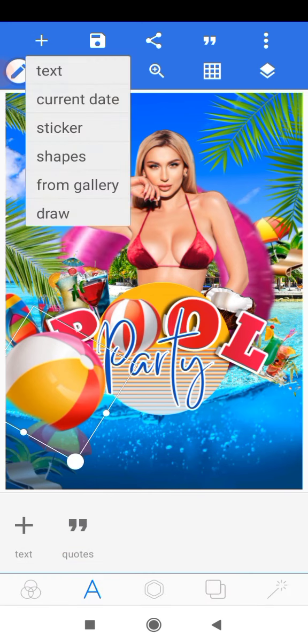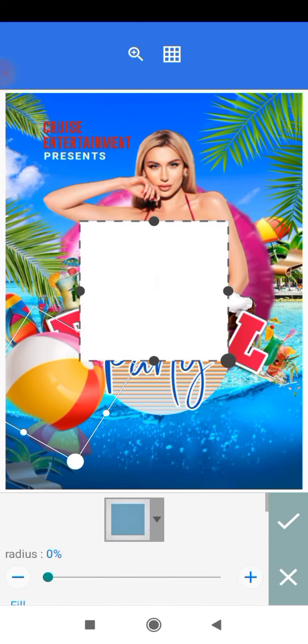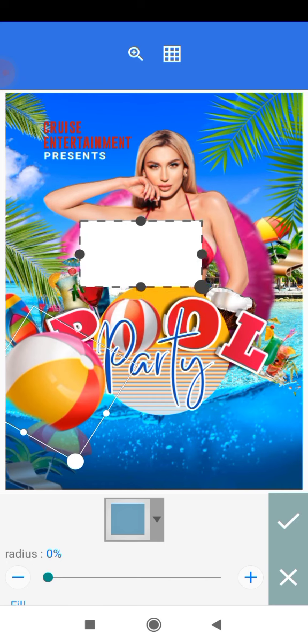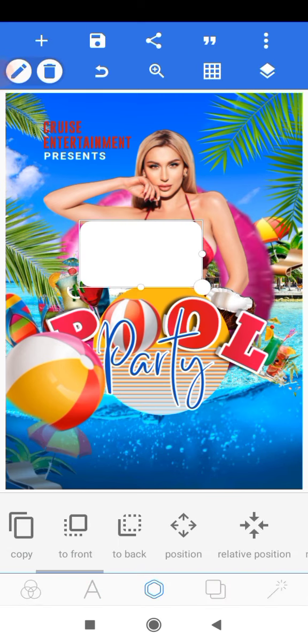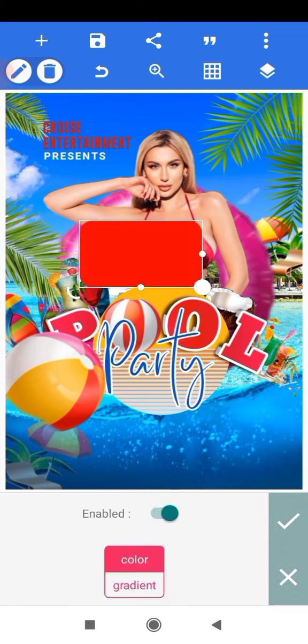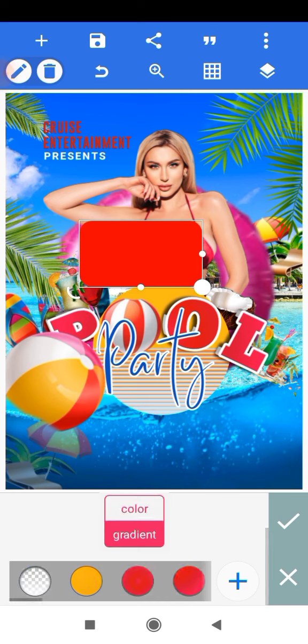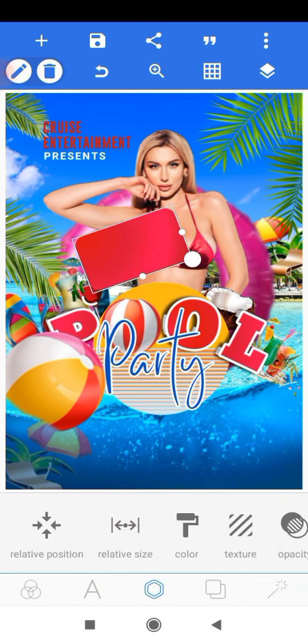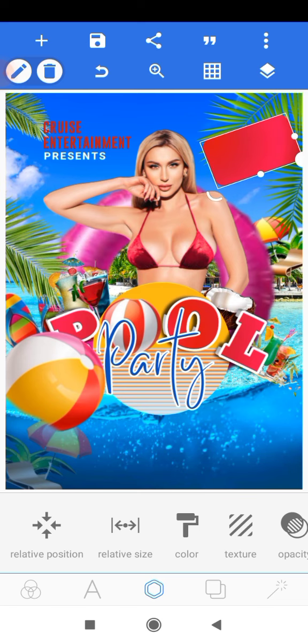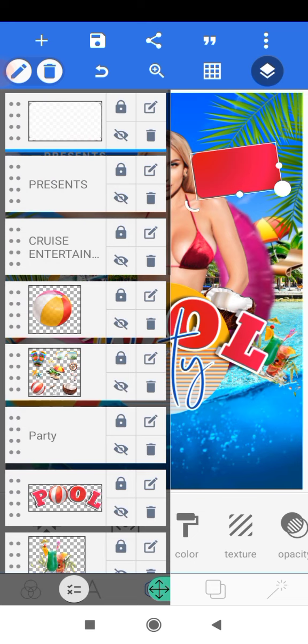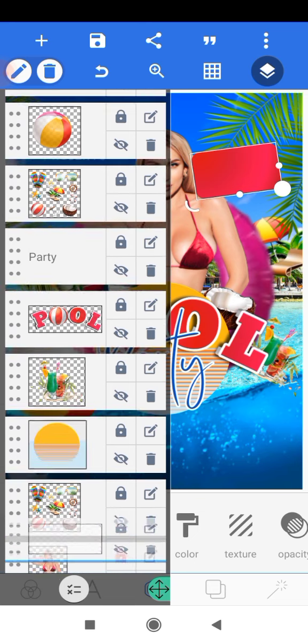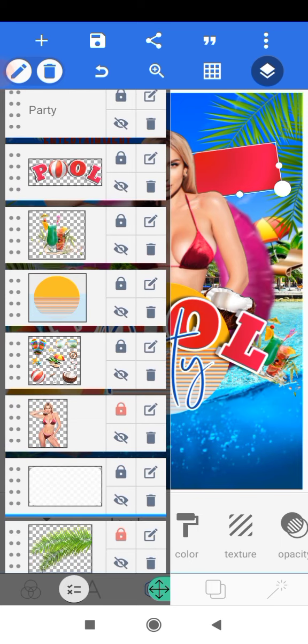And next up, we want to head on to the plus icon and we'll add a shape and we'll just scale it all the way down nicely this way, and we're going to increase the radius to about 20 and we'll click OK, and then we'll change the color from what we have there to a red color and we have it over there. We're going to use a gradient and we'll have it over there. So we'll check and we'll resize it a bit and we'll rotate it and we'll place it over here nicely, and we'll just try to arrange it and we'll send it behind our subject. So we'll just select this and we'll send it behind our subject so we have it over here nicely,